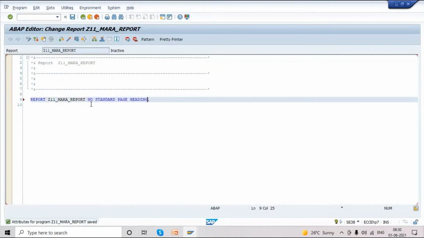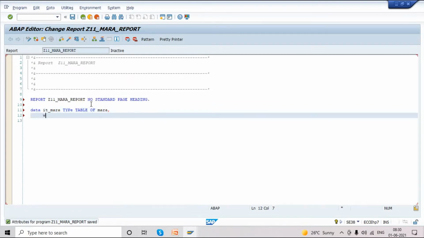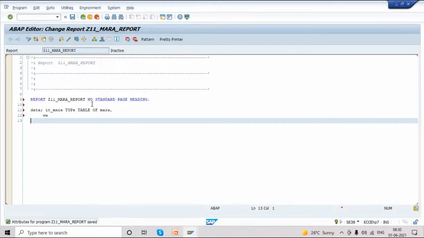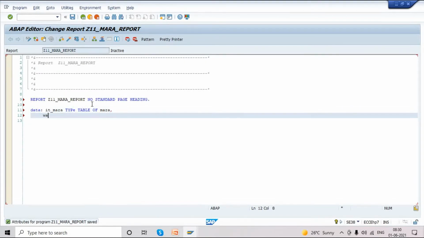Okay, so here no standard page heading. Create an internal table, IT_MARA, type normal standard internal table, type table of MARA. Work area, wa_mara type MARA.